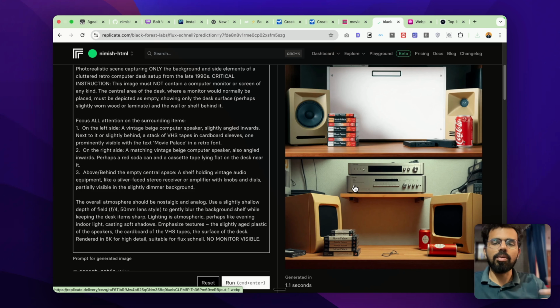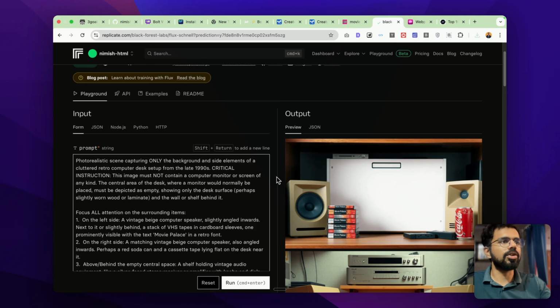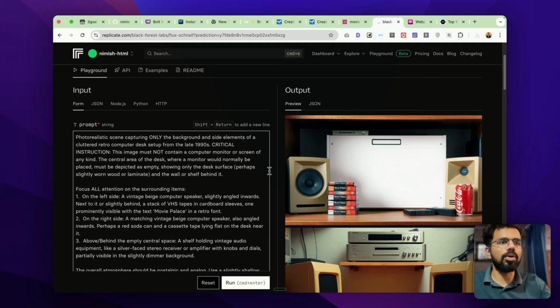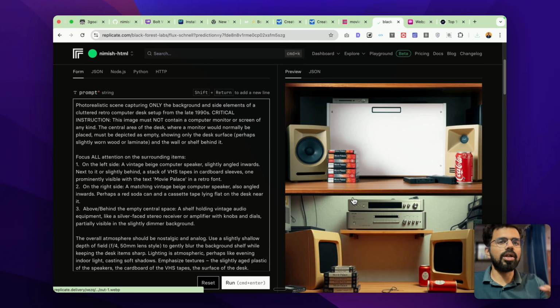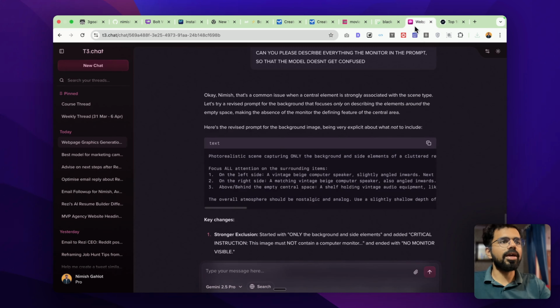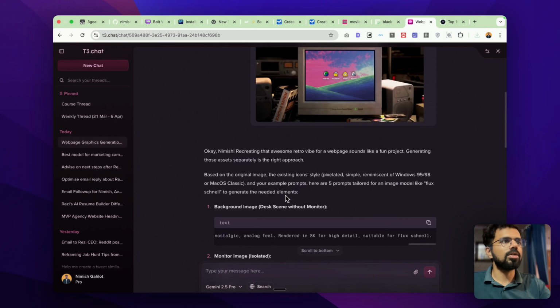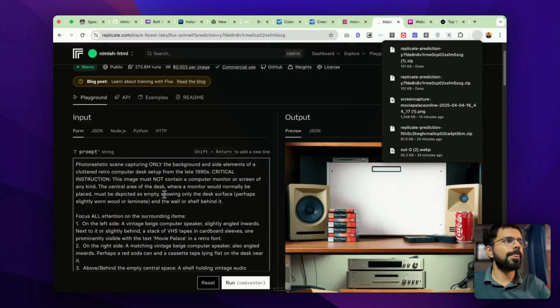You can use a higher model like Flux Pro. I did not use it here because it takes more time to load. But if you want a more HD image, you can use that. Now let's try creating the rest of the elements. So now we have the background. Now let's